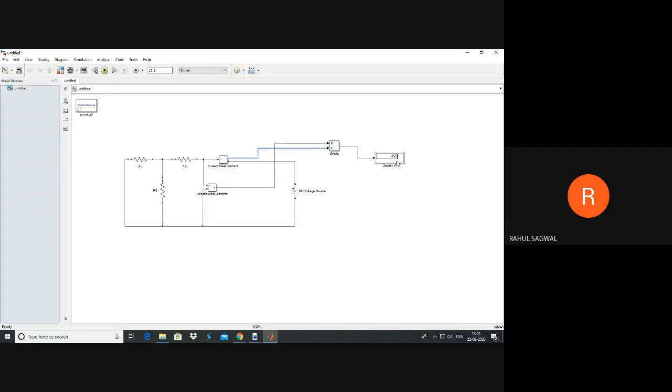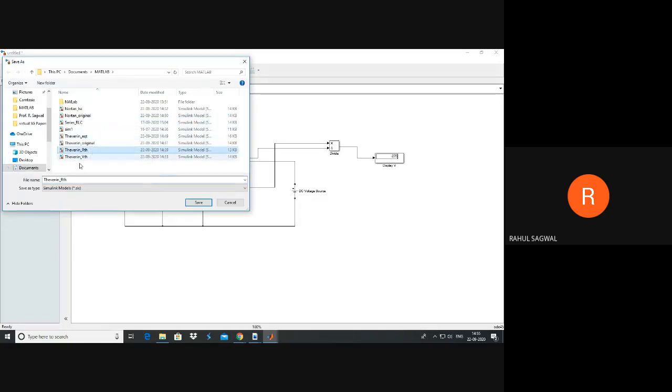We already know the equivalent resistance value for this circuit for these parameters, as we have not changed circuit parameters. R1, R2, R3 have the same value, so that's why RTH is coming, or you can say RN in case of Norton equivalent resistance, that is 275 ohms. Again, this negative sign is coming because we have not interchanged or reversed the terminals across the emitter. Okay, so you can reverse the terminal just to get a positive value, and you can rename it as Norton equivalent resistance, that is nothing but Rn.